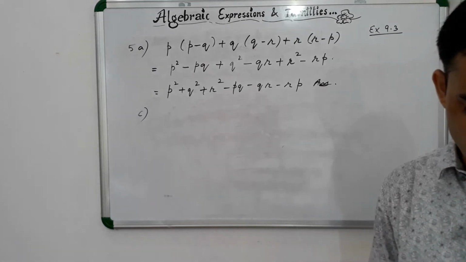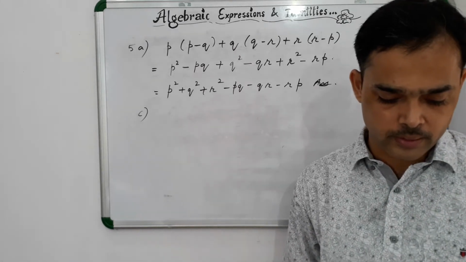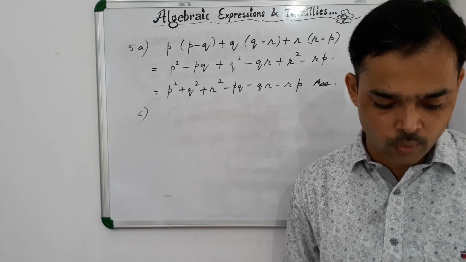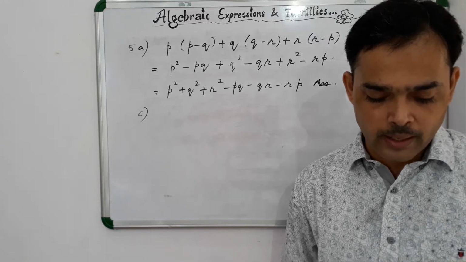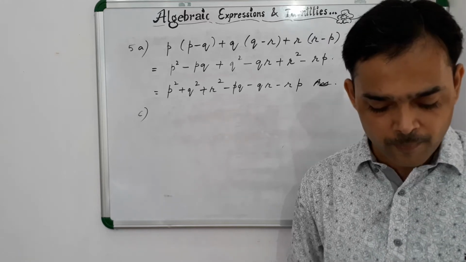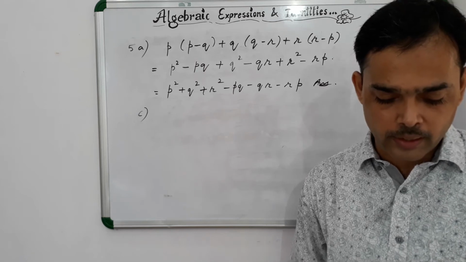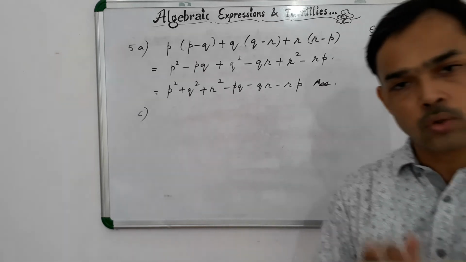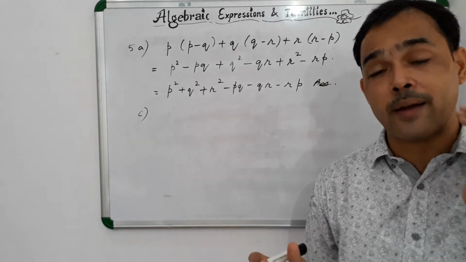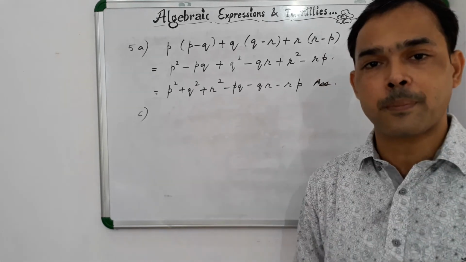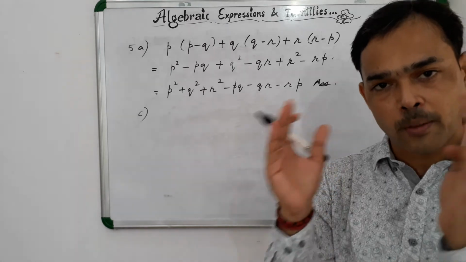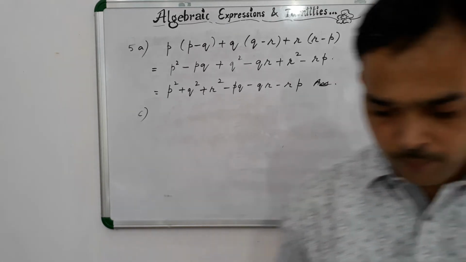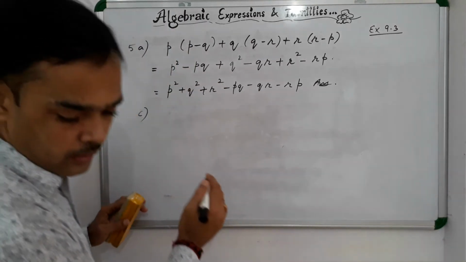So what is mentioned over here? If we read the question, it is said 3L in bracket L minus 4M plus 5N has to be subtracted from 4L in bracket 10N minus 3M plus 2L. So "from" means we have to use the latter part in the beginning, because from that we have to subtract the part which is given in the beginning. Okay, so let us do that.